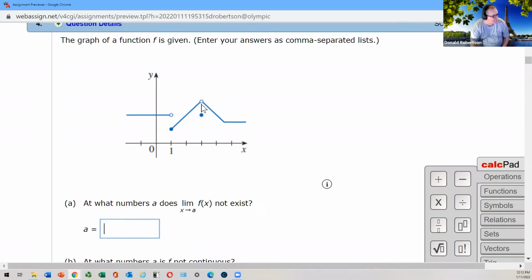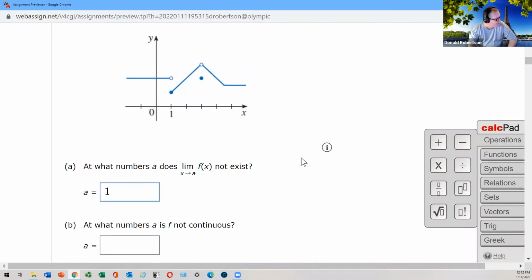If I asked you for the overall limit here, isn't it that guy there? Whatever that height is. But you might say, but that's a dot and that dot's different from that. Doesn't the point where the dot is have no effect on the value of a limit? The limit doesn't care if that dot is there or not. Won't the overall limit be the same number coming in from the left as coming in from the right? So that's why in this case, that's the only one that does not have it.